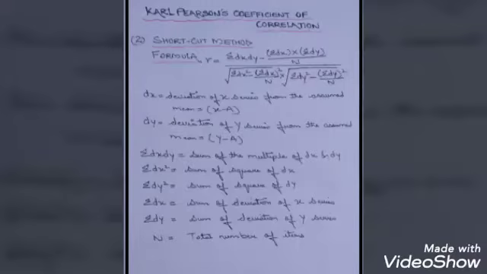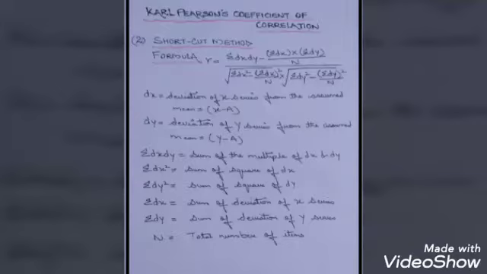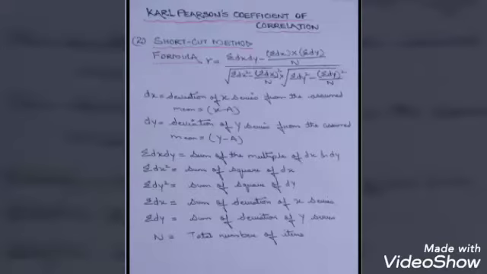So children, this method is actually used when the mean value is not a whole number but a fraction, and in this method the deviation is calculated by taking the assumed mean of both the series. Means you will not calculate the mean over here, but you will assume the mean. So for the shortcut method, certain points have to be kept in mind. Like the very first thing is that it is up to you, from the values of x and y, any of the means you can assume. That is up to you.